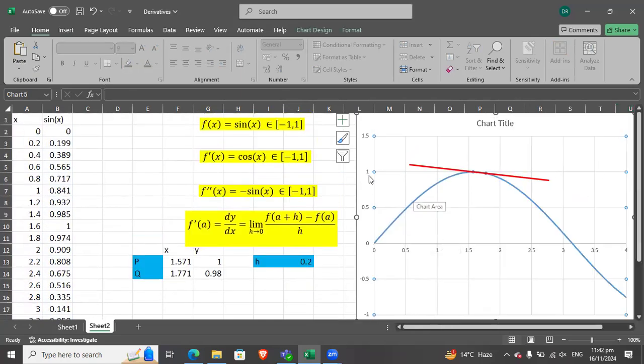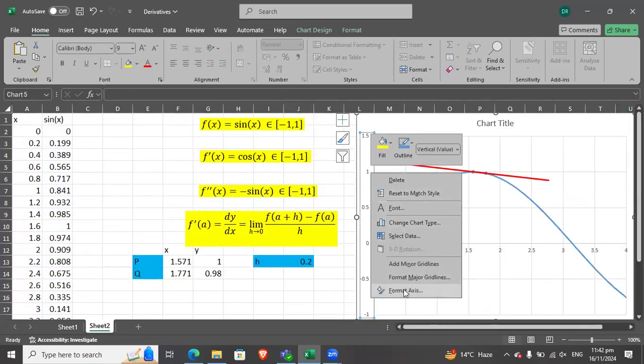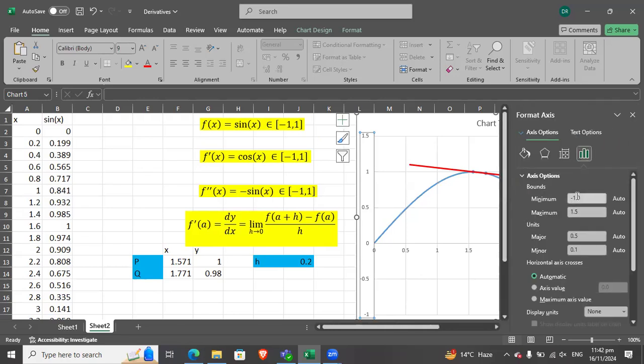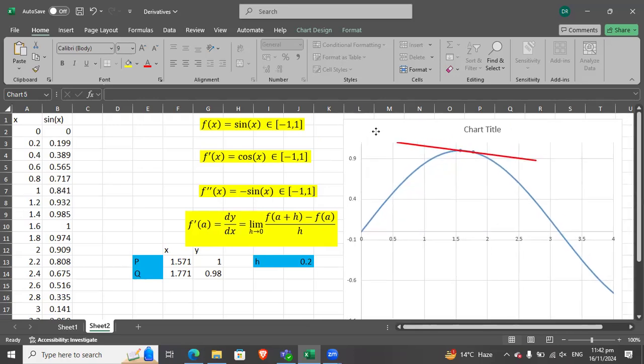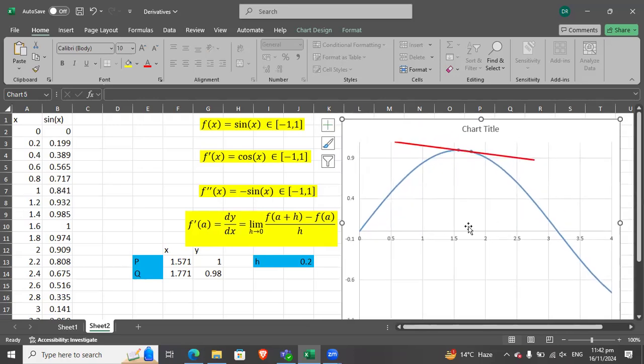And for the y axis, I would select minus 1.1 to plus 1.1, and that's it. Okay. So the curve and the secant line are visible,